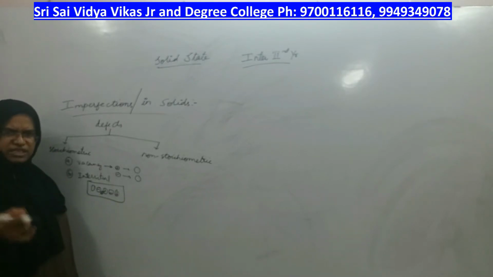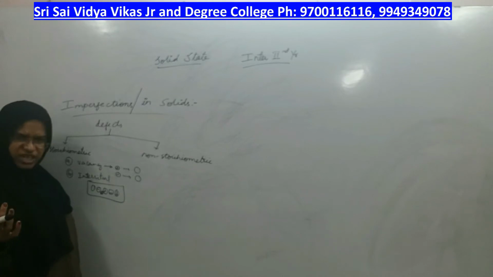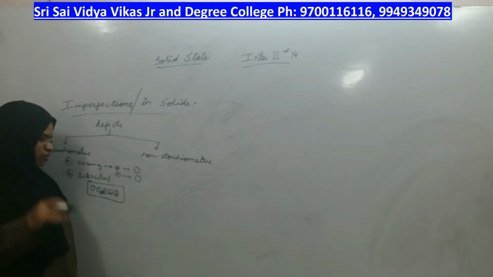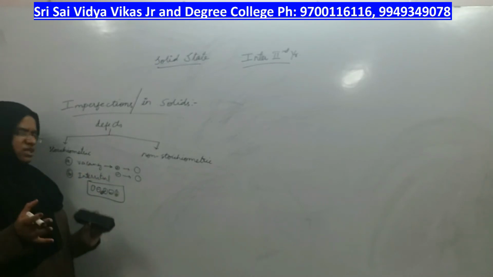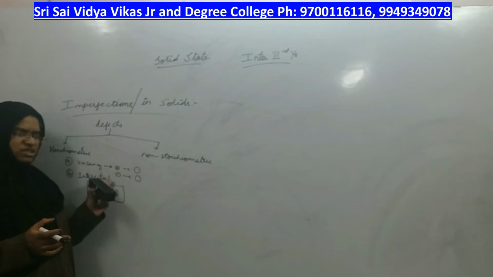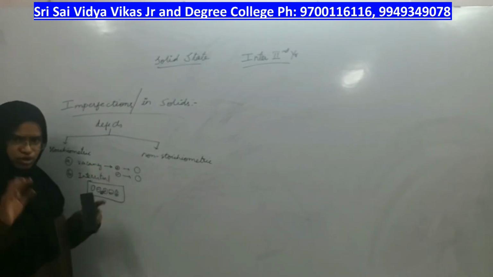Coming out from its place, it will not go out of the crystal, then where will it be? It will occupy the interstitial position between the other ions. Why can it easily accommodate? Because its size is very small. Even in the interstitial position it can easily get accommodated because its size is small. Whenever cations are of smaller size, this possibility exists, right? So, you can either see vacancy defect or interstitial defect or sometimes both, right?